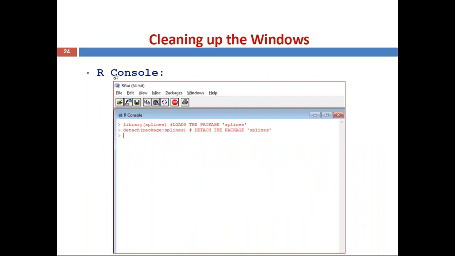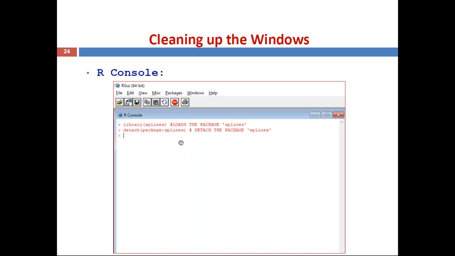Here you can try this in the R console. library(splines) is one library. First, using library of splines, it loads the package splines. Now the package is loaded. Then whenever you click on detach package colon splines, it detaches the package splines.